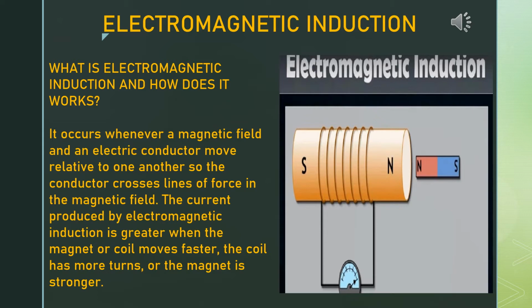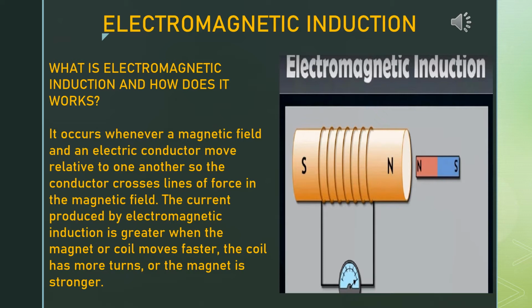So, it has been seen that a magnetic field is produced when electric current is passed through a conductor. Faraday thought that the reverse, that is, production of electric current by a magnetic field, should also be possible. He performed a series of experiments to show this. Faraday connected a coil of wire to a center zero galvanometer. Now, the north pole of a bar magnet was pushed towards the coil. You see the diagram? I have given that particular diagram.